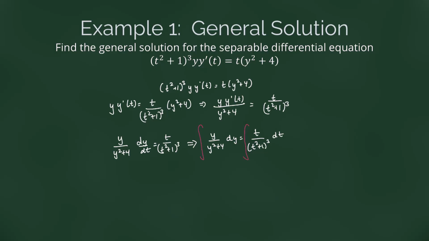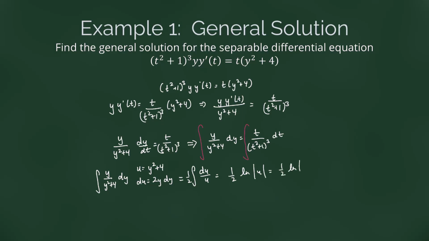If the two functions are equal, their antiderivatives must be equal, plus or minus a constant. On the left-hand side, we take the antiderivative of y over (y squared plus 4) dy. We can do a u substitution. u will be y squared plus 4, so that du is 2y dy. That becomes the antiderivative of 1/2 du over u, which is 1/2 the natural log of the absolute value of u, which is, of course, 1/2 the natural log of the absolute value of y squared plus 4,